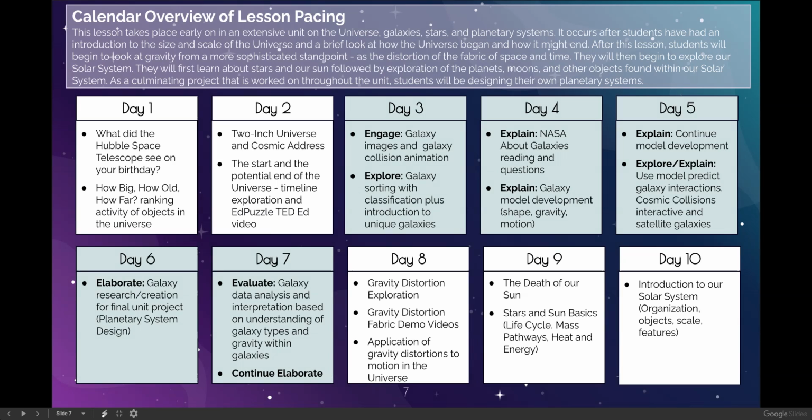As you can see, students are experiencing multiple E's each day. Some stages, like Explore and Explain, are incorporated more than once. As an initial engagement, students are shown images of galaxies and an animation of galaxies colliding. Presented in Pear Deck, students are able to record their observations and questions, which will fuel their curiosity and inspire